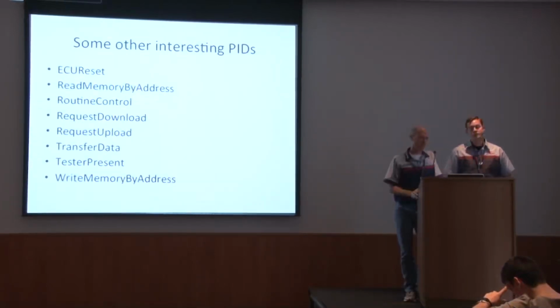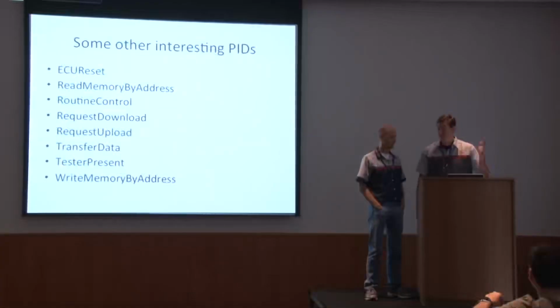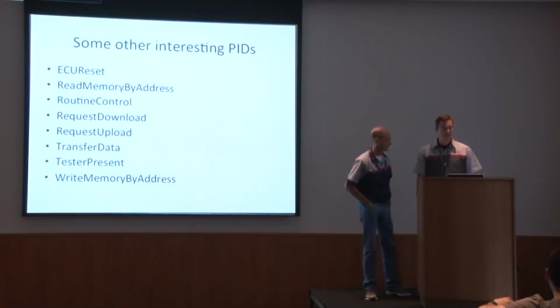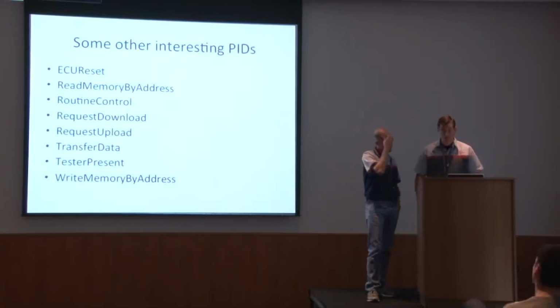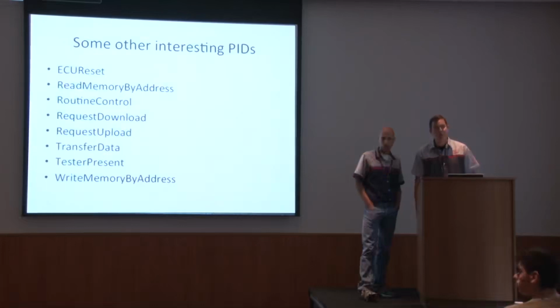So it's very difficult to get the firmware off, and it's even harder to write firmware to it. We got really excited when reading the ISO spec because, like you said, we'll just rip the firmware off, reverse engineer it, that's what we do, and then write it back on there. Needless to say, the Toyota supported none of these, and I think Charlie's only supported 2 of these services. So, if you're doing this work and these services aren't supported, don't be surprised.